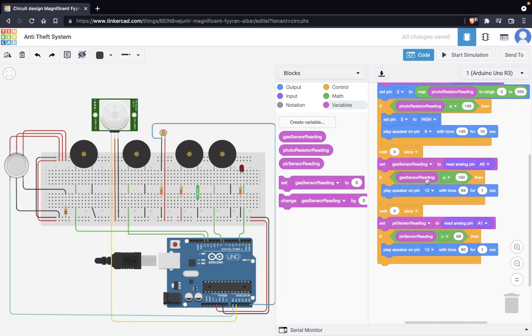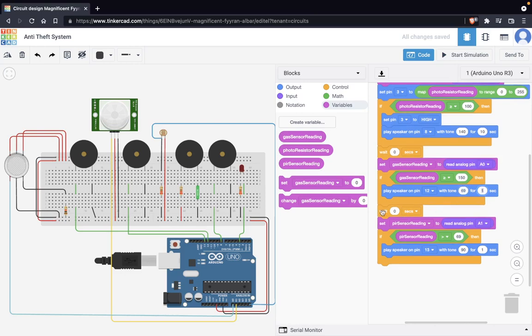For the logic in gas sensor reading, if the value of the gas sensor reading variable is greater than 150, the speaker on pin number 12, which is indeed this piezo device, will be buzzing with a frequency of 69 Hertz for 1 second.